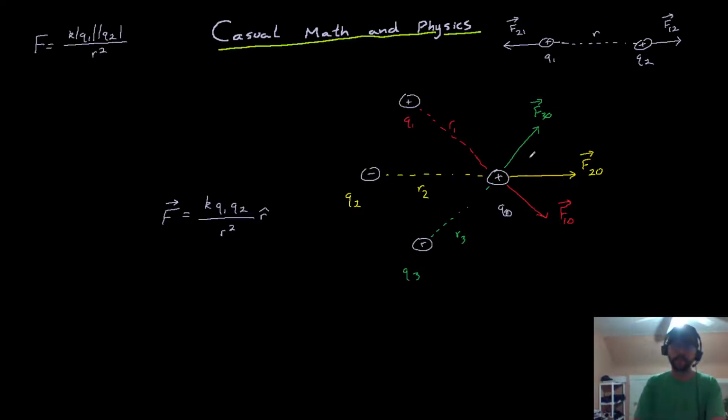So now we have 3 forces, and to find the net force, we would have to combine all of these 3 forces. And when you add vectors, the easiest way to do it, and what's going to be relevant for right now, is you break down the vector into its component parts. So if we imagine the x and the y direction, the way that you would probably naturally visualize it in this situation,